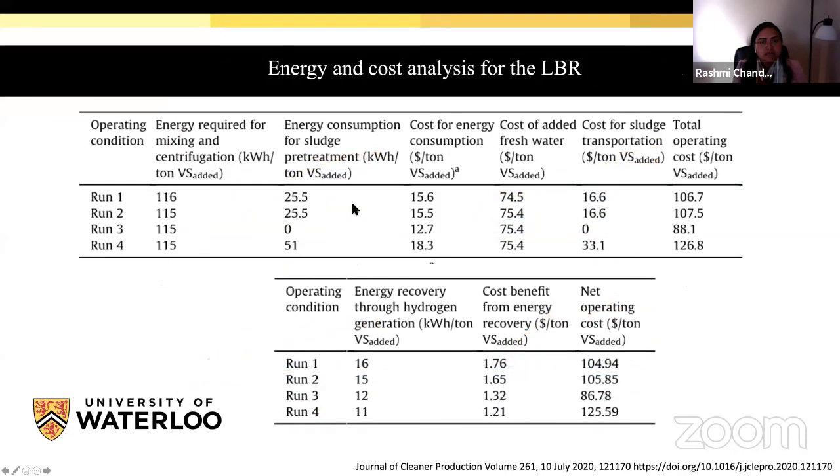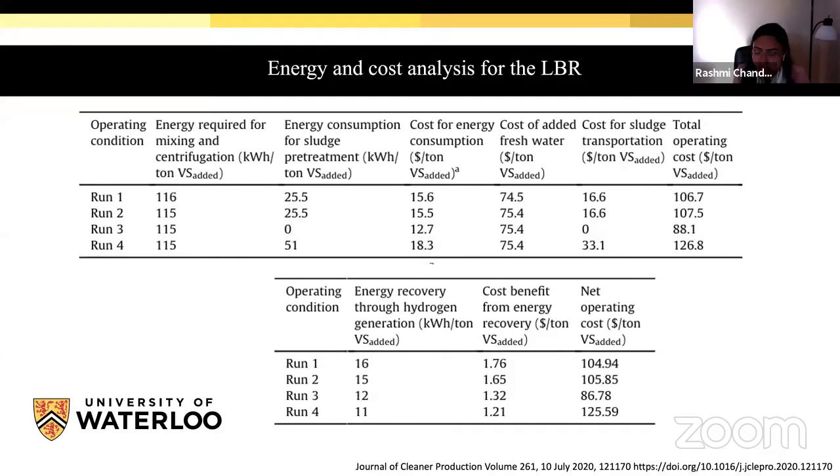And then after that, we did a cost analysis, like how much energy we put in and how much energy we recovered from it. It was based on the small LBR reactor, which we extrapolated in terms of tons, because we just recently got a project from an industry where we are working on minimization of this food waste to a higher extent, and how much energy, income and outgo there should be.